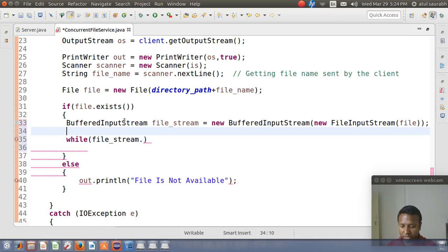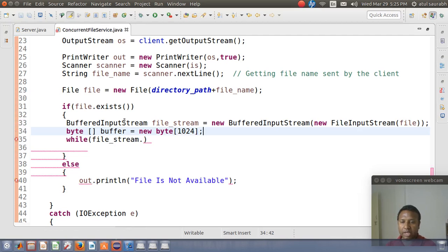Let's suppose I want to read one chunk, a block from the file, as bytes. So we have a byte array, suppose buffer equal to new byte, and then we will specify 1024.